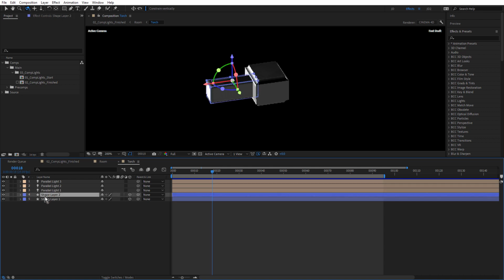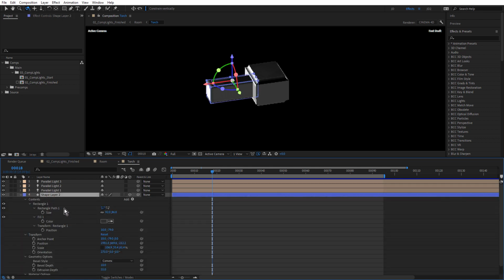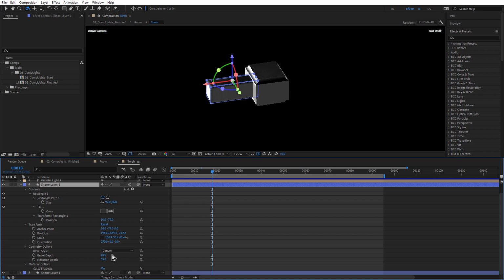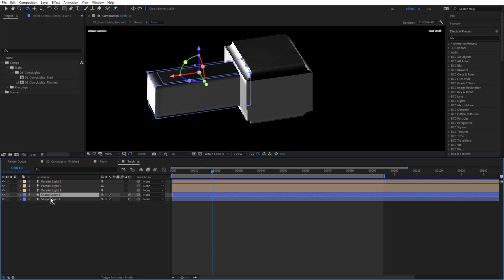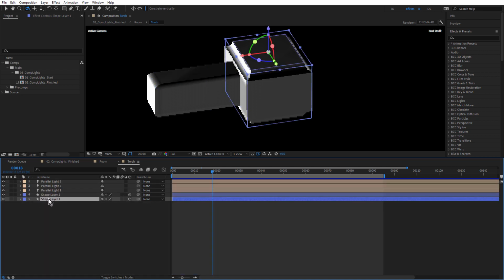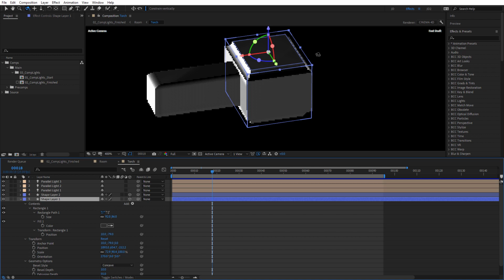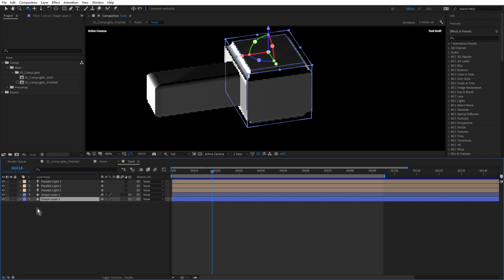So this is made up of 2 layers. Once again, a simple rectangular shape layer with a convex bevel style and a bit of bevel and a bit of extrusion. So that's this one here, just to bevel the edges. You're very limited with what you can do in 3D in After Effects, of course. And the other one is just the same thing except a concave bevel style. So that gives us that little cut-in bevel. Now the actual lighting itself is being applied in the main composition, and I'm using collapse transformation, so these lights will be ignored, but they are useful to set this layer up.